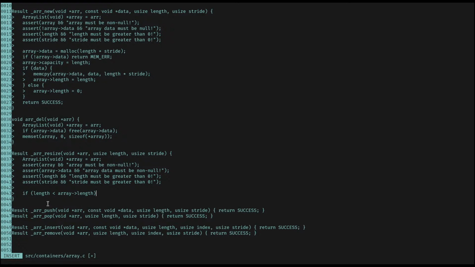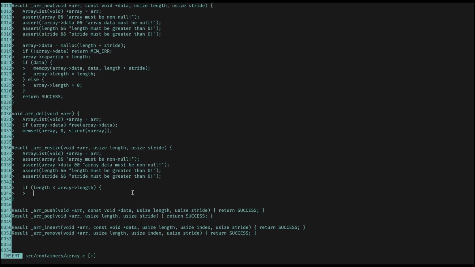Capacity is just the size. If the length I'm asking for is less than the number of elements, then I'm going to have to truncate and remove those elements. Otherwise, it's not going to matter. So if length is less, then I'm just going to go ahead and say